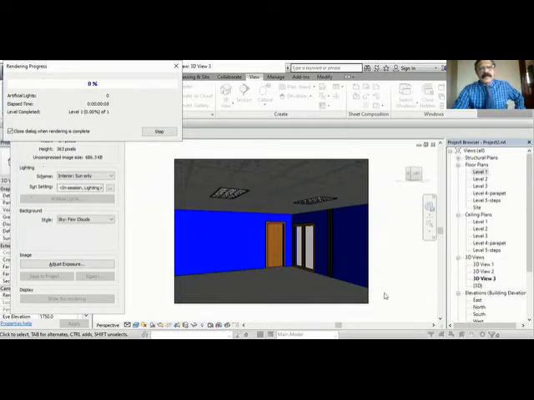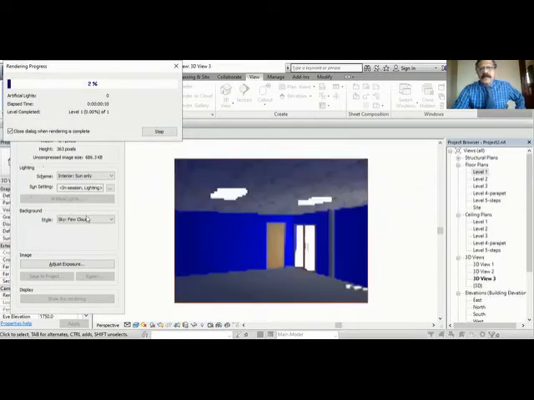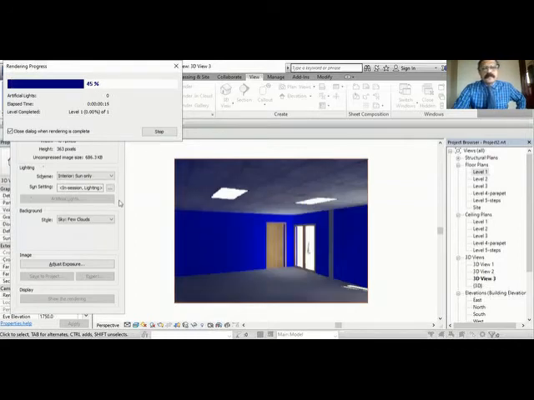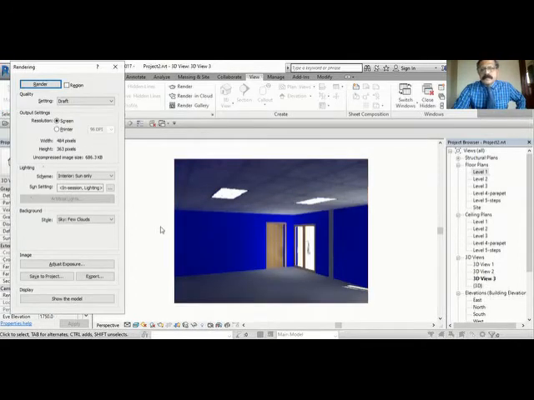Render. So we did not switch on the ceiling light or anything. Actually, the light is coming here. The light is coming from here. You can see the light's coming here. Interior, sun, and artificial.